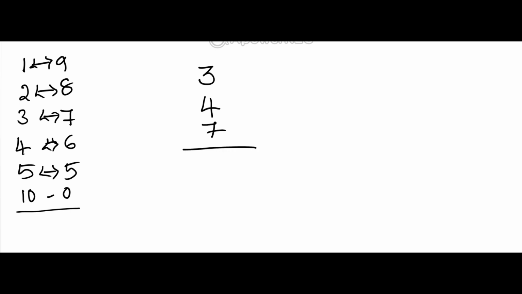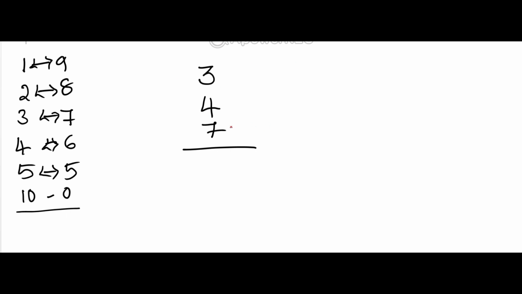See friends, how will you do addition the normal way? Normally we start from the bottom, 7, 4, 3, and we count on our fingers: 7, 8, 9, 10, 11, and then 3 more, 12, 13, 14. It's a big business, you know. So we can avoid this with this method, and do it in just seconds.